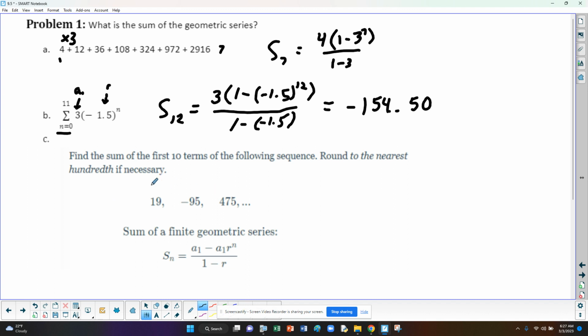And heading to C, just kind of the same idea. So here's our alternate formula. So we'll use this one this time. But here we'll have the sum of 10 terms. And it looks like we've got our first term, which is 19,